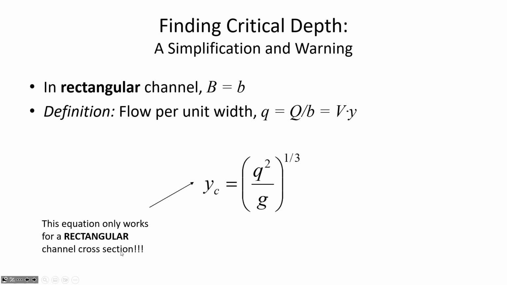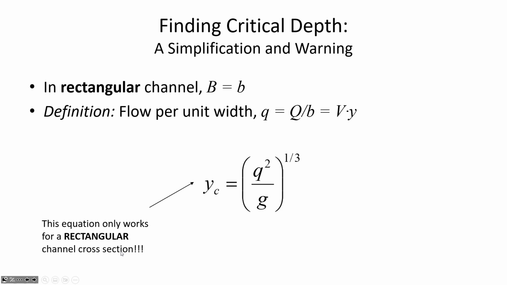So if you've got your calculator handy, let's double check and see if it gives us the 0.86 meter depth that we calculated before. So 2.5 squared divided by 9.81 and taken to the power of 1/3. Yeah, 0.860